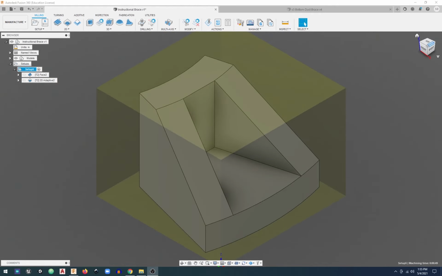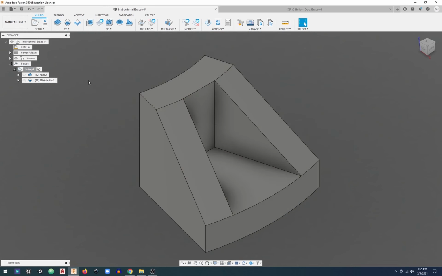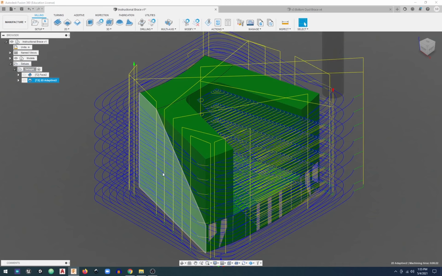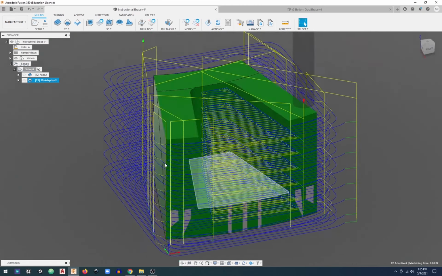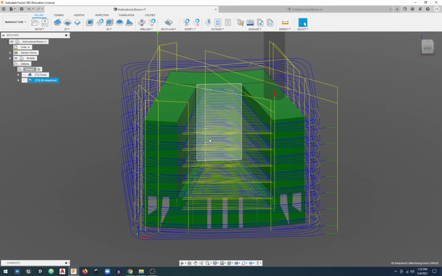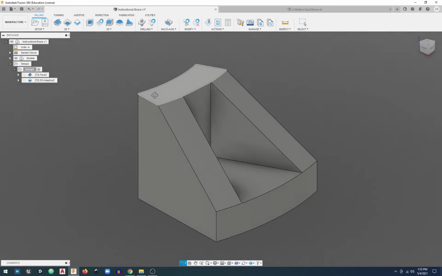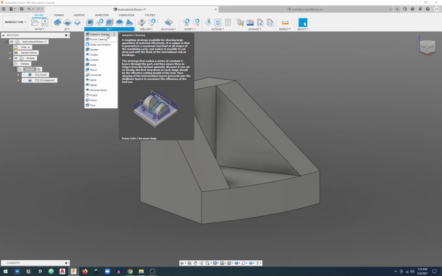Next, we'll go ahead and create our 3D adaptive toolpath. So I mentioned earlier that the 2D adaptive is only good for clearing out flat bottomed pockets. So like the outside and this inner pocket are all flat bottomed and 2D or 2.5D. And the 3D adaptive is what we're going to need to clear out this sloped portion. So under the 3D category, adaptive clearing,